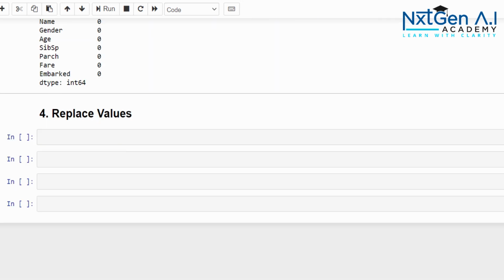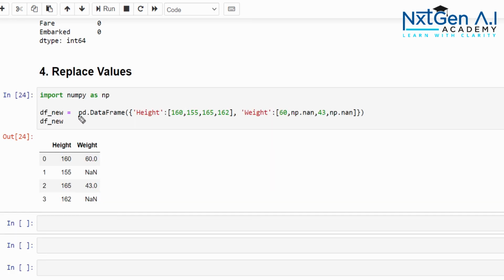In addition to that, we have another method, replace value. Right now let me explain with a simple example, but when we do the exploratory data analysis, at that time I will give more explanation of the replace method. To explain this concept, I am using NumPy.